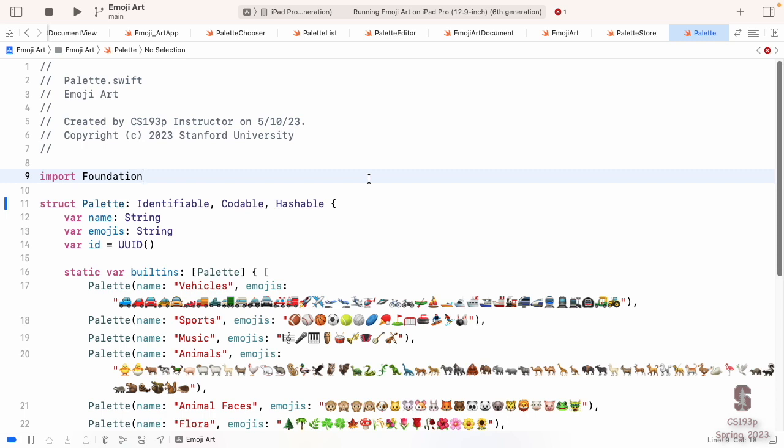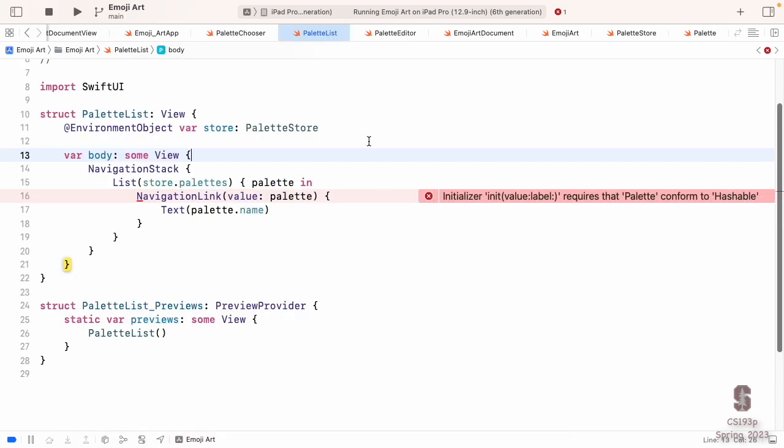It's the same thing we got with Codable, where as long as all of our vars are that, it can just build it for us automatically. That was really easy. Go back here to our, where are we? Oh, list. Oh, hopefully we fix that. We have. So that's number 2. Okay, navigation stack 1, navigation link 2.